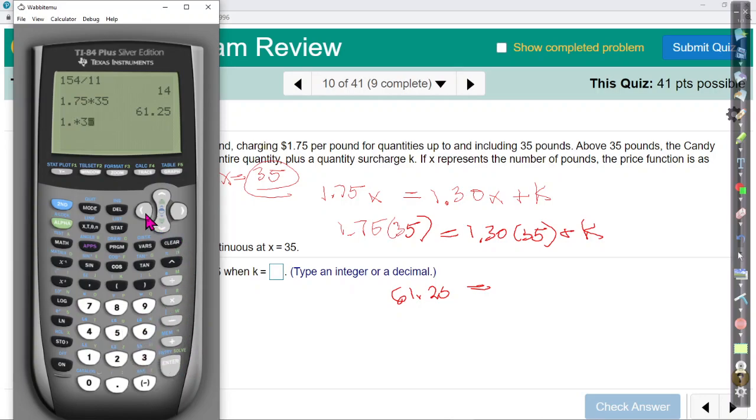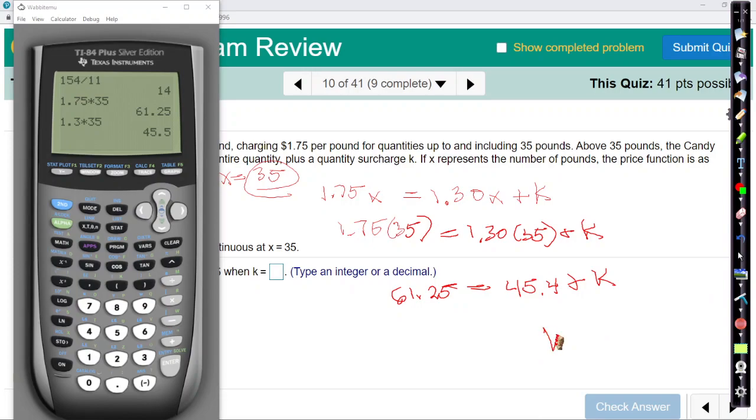Oops. My biggest problem is I get in a hurry and I don't always check what I'm writing down. 45.5, plus some constant k. So I subtract the 45.5 from the 61.25,